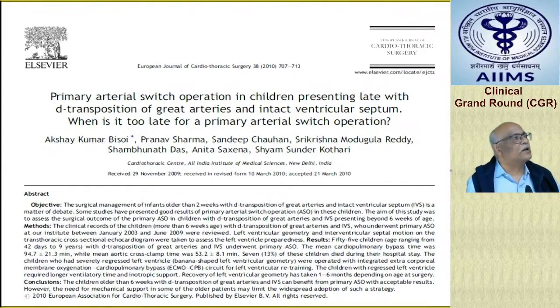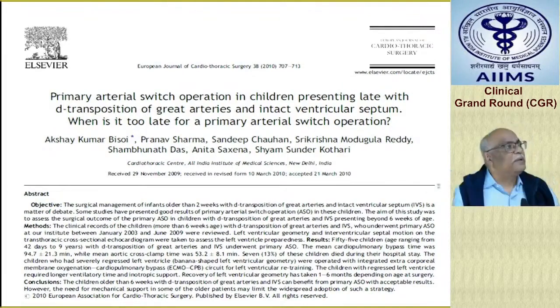Cells remain swollen and mitochondria are damaged, so energy production will not be there. That is why you must have seen the babies look very dull, dusky, even if they don't have fever. So we saw that we lost 4 babies because of sepsis, and 3 more babies